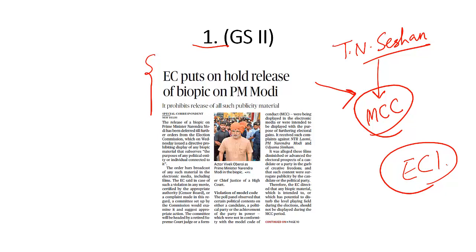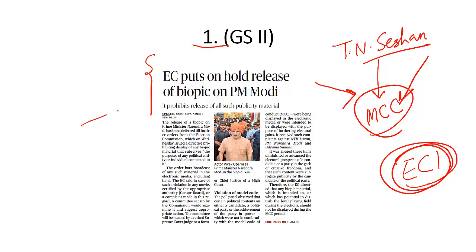We have seen people and candidates asking for votes in the name of religion, candidates asking for votes in the name of armed forces. We have seen candidates asking for votes in the name of caste, and despite all these blatant violations, Election Commission of India is not in a position to implement Model Code of Conduct in its letter and spirit. But now there are commentators who say finally Election Commission of India has woken up from the slumber.